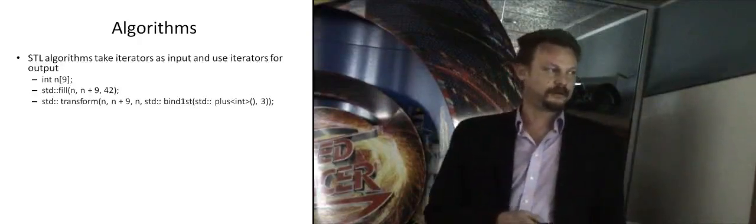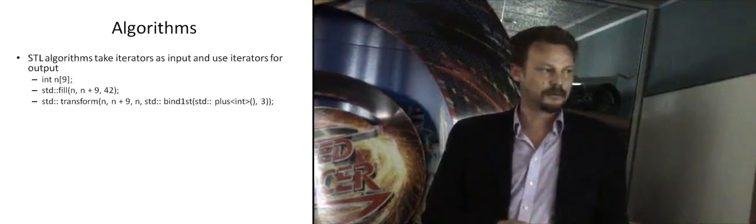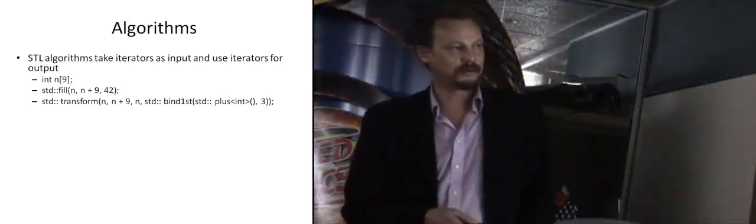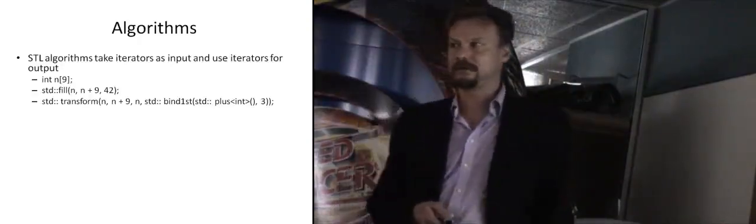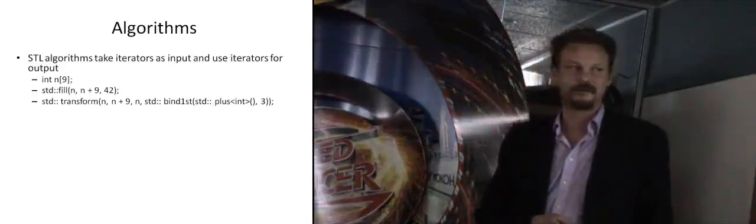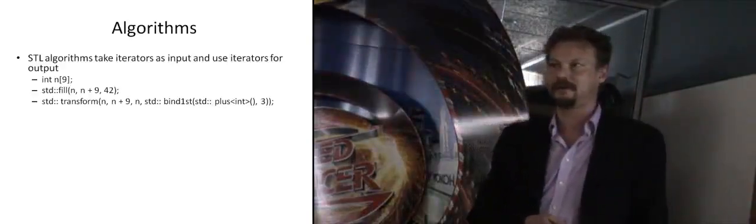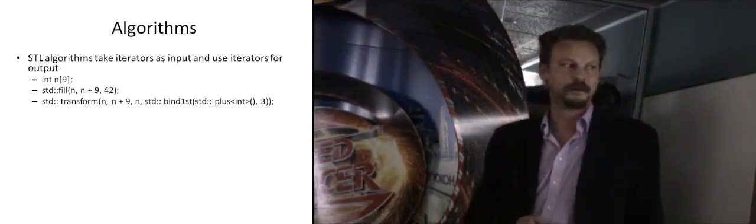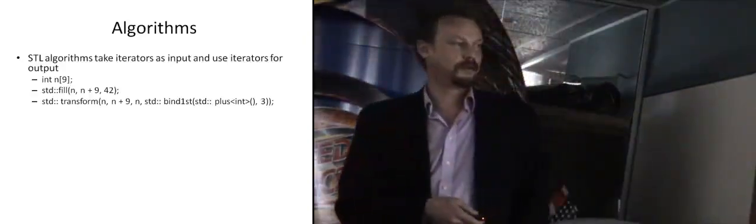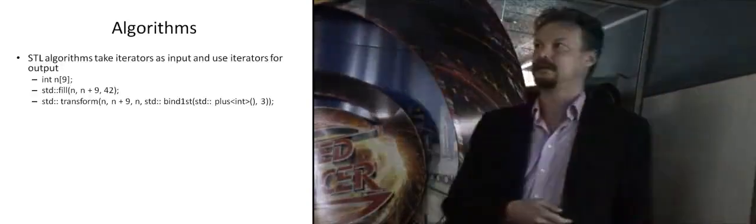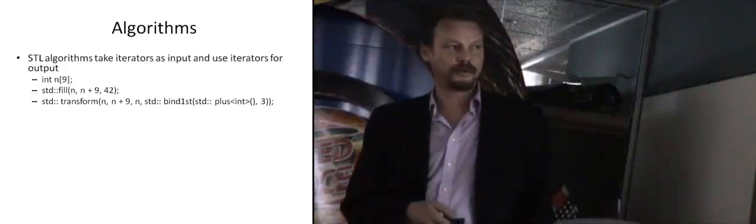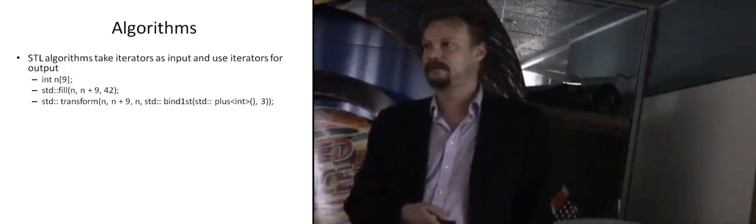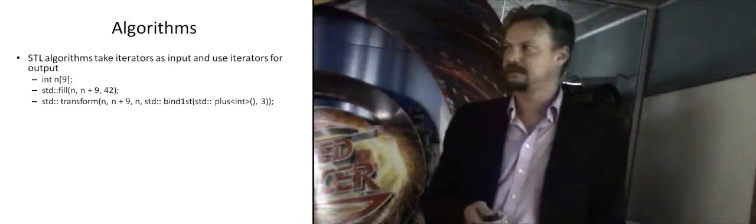We can then transform that container from begin to end, writing the results back into the container itself and adding 3 to every element. Now, that's pretty obtuse, not clear syntax, and it's just here as an example of what not to do. But it is a way that adds 3 to every number in that array, basically. Has anybody ever used or seen that sort of stuff before? Yeah, don't do it. Okay.